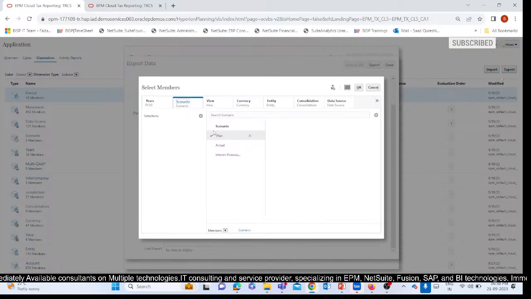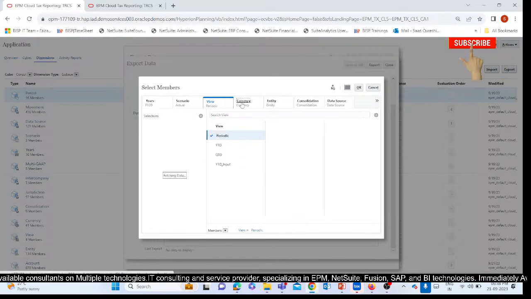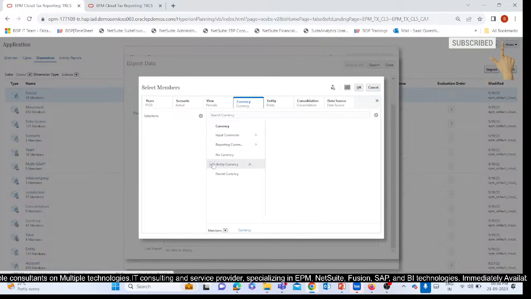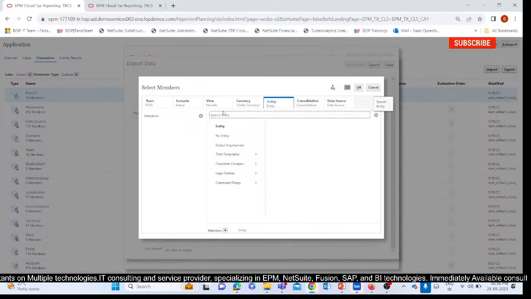Let me do it fast again. Use periodic. Currency is entity currency. And is early